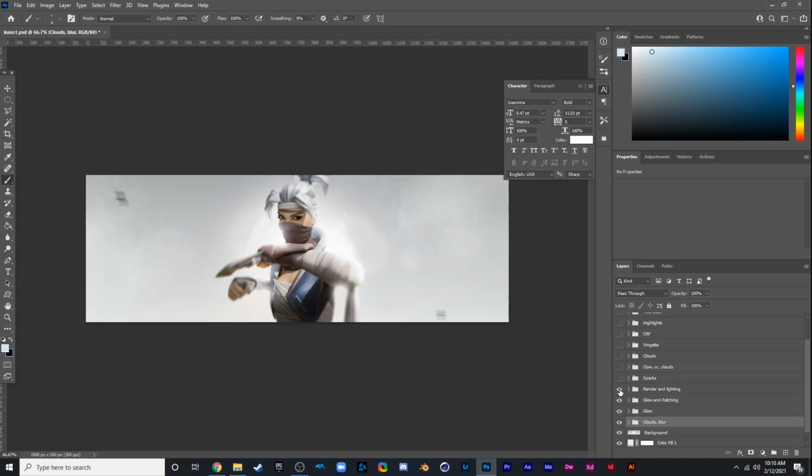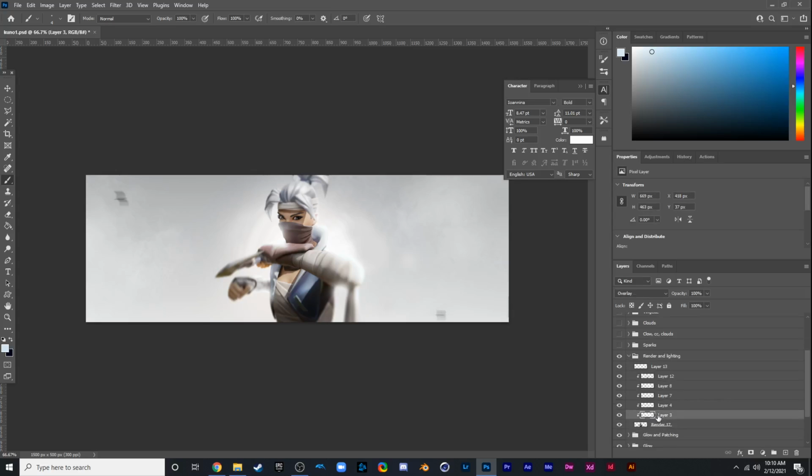And then after that, you can see right here, I did pop in the render. This render will be in my pack if you want to check it out. And of course, all the assets for this will also be in my pack. Or you can just buy the PSD if you want to save yourself a step and just pop in whatever